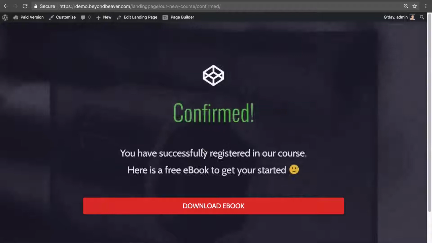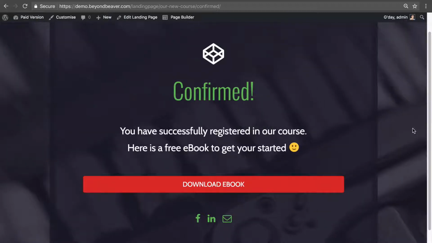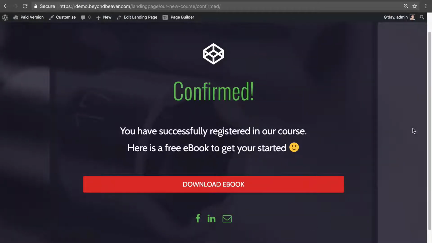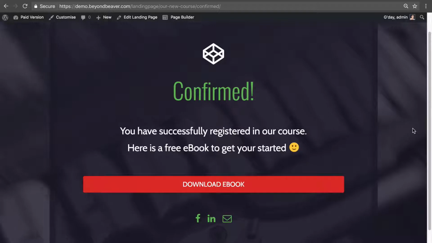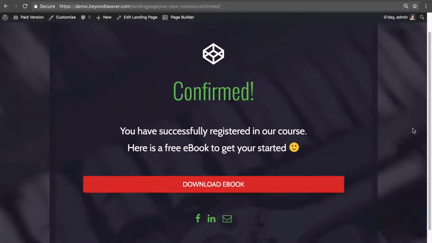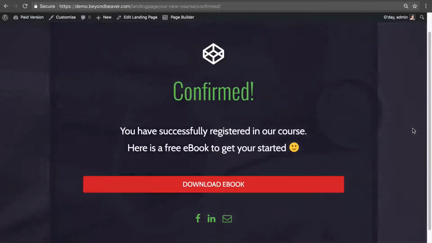Awesome. And that's pretty much all there is to it for this lesson. If we recap what we learned: how to create a brand new post type called landing pages, and then how to edit this new post type of landing pages using Beaver Builder, so we can drag and drop and use the modules that come with Beaver Builder to lay out our pages. Then we also learned quickly how to force a template full width for our new post type,